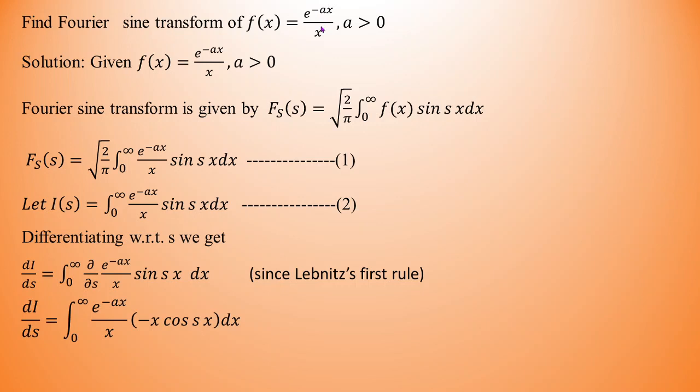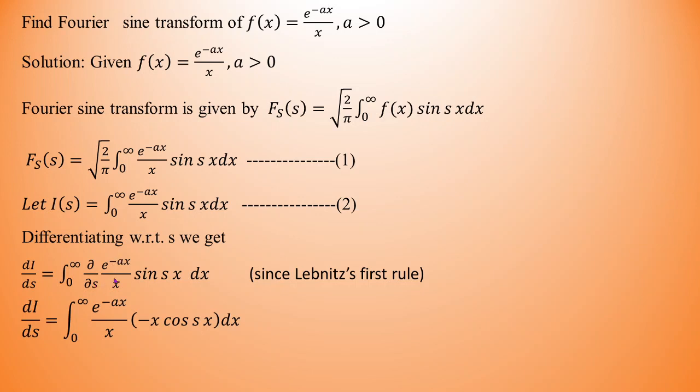Here again, as I want the Fourier sine transform explicitly, we will write its formula. Accordingly, we will substitute f of s, and now the next part is the simplification of this integral. Again I am going to use Leibniz first rule, as limits are 0 to infinity. I have denoted this equation by I of s, differentiating and then applying Leibniz first rule. According to Leibniz first rule, derivative of integral is integral of partial derivative. Now simplifying this, you will find such type of simplification. Remember, it is partial derivative with respect to s.